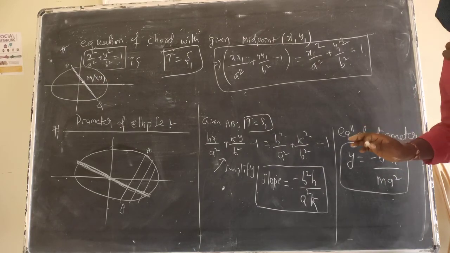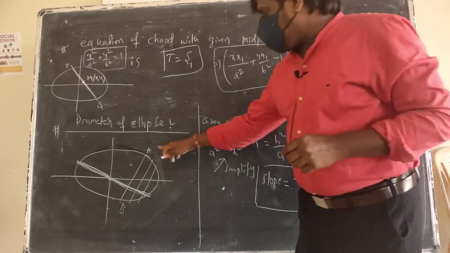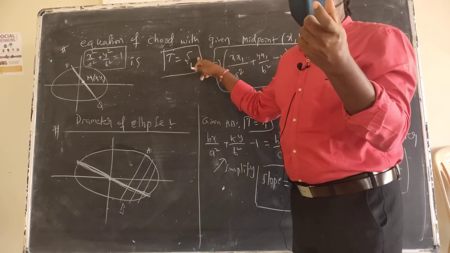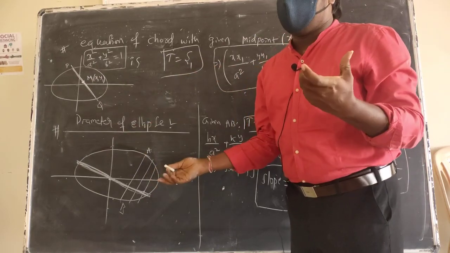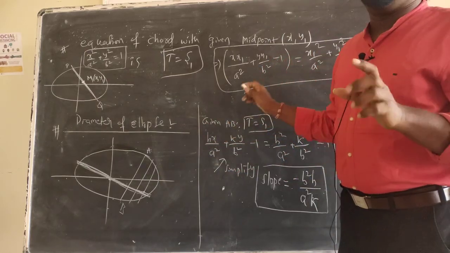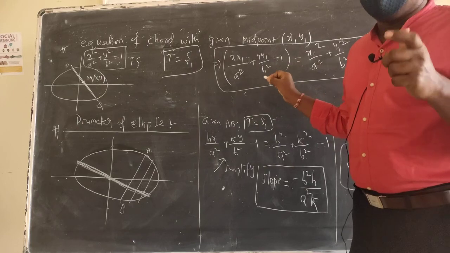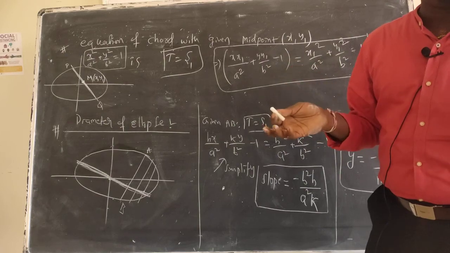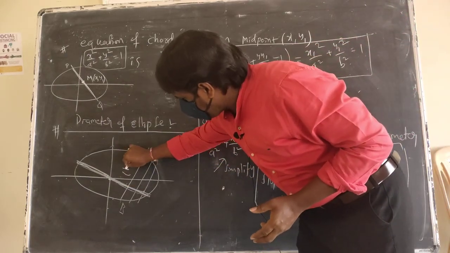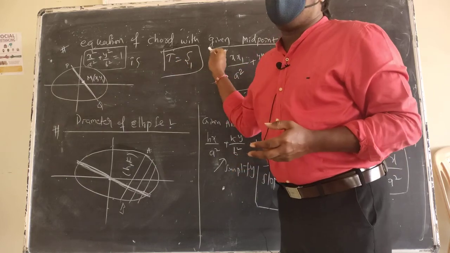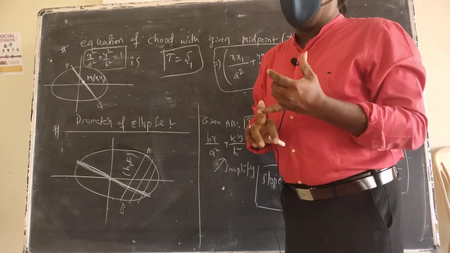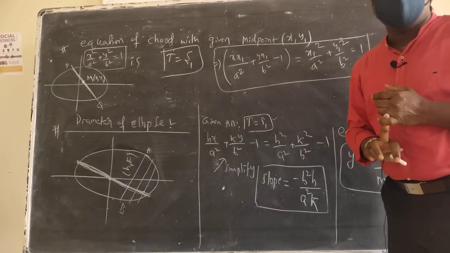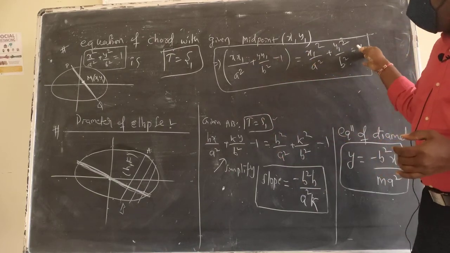How did you get this? The equation that I just told you, that is T is equal to S1, where the midpoint locus point is there. So the locus of the midpoint is only the diameter. So we can take T is equal to S1. This will be given in the question. They will give the point like this. So for the locus, I have to take h comma k, not x1 comma y1. Here in the equation I used x1 comma y1, but since it is the locus, I have to use h comma k.